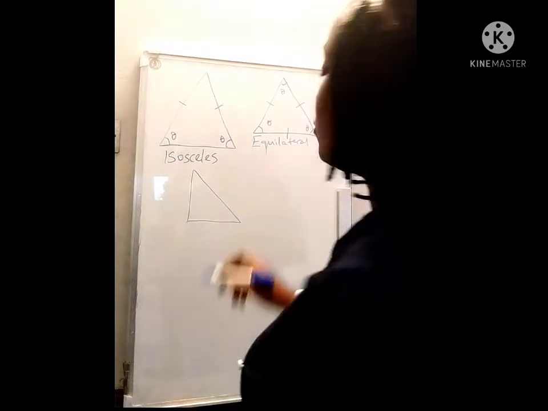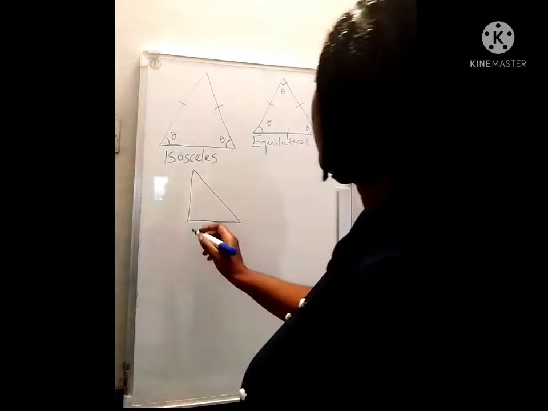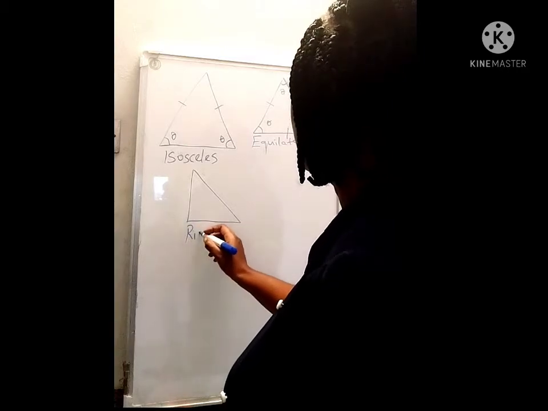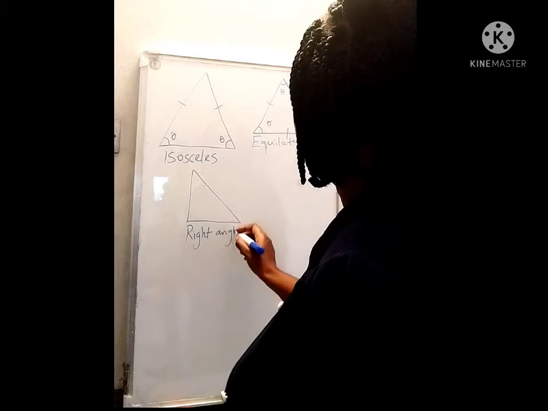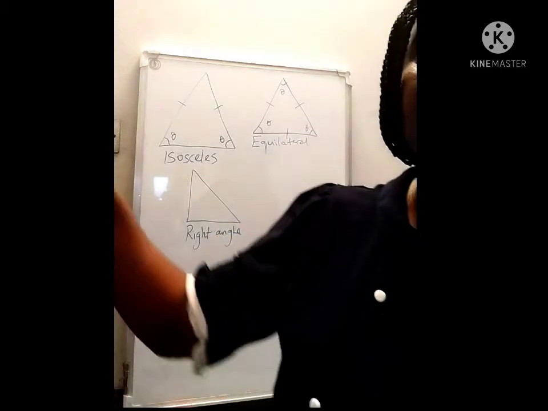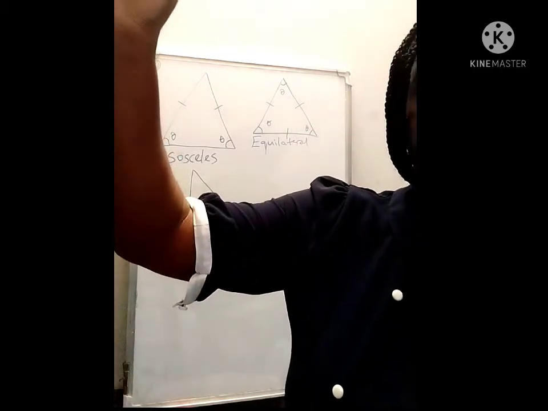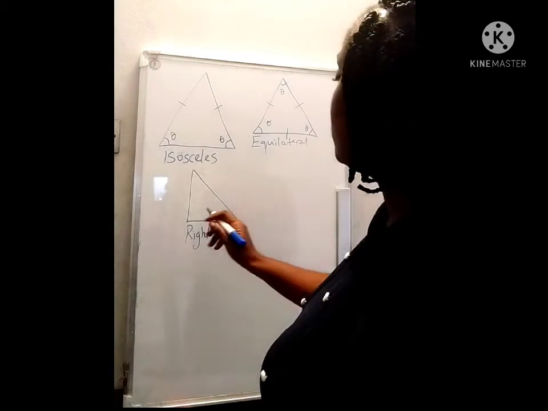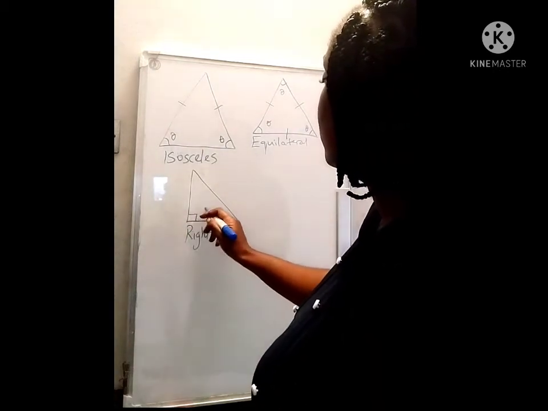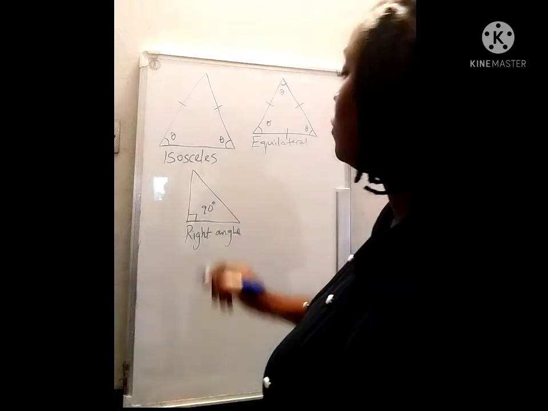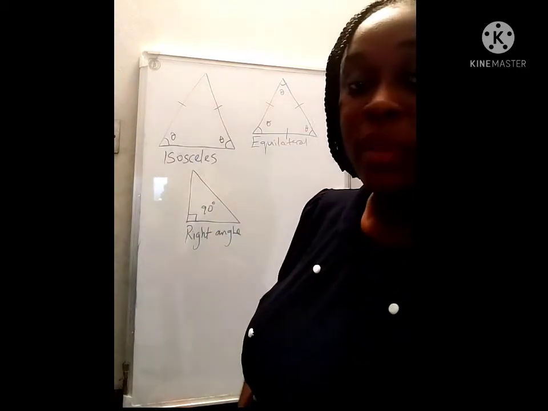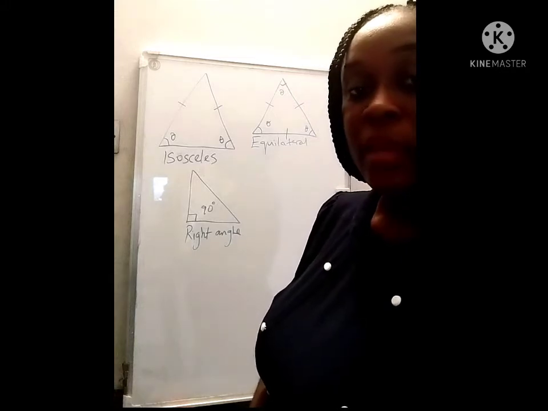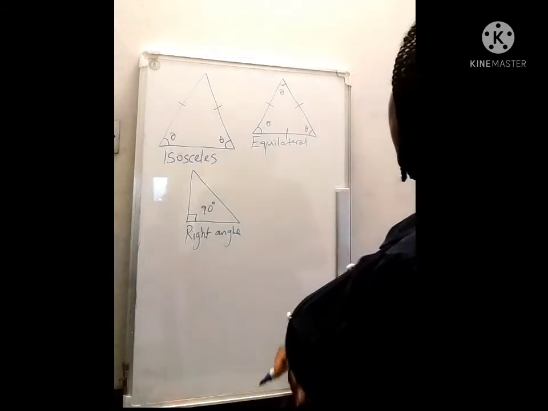A right angle triangle is a triangle which has a right angle. A right angle, right? Now this right angle is 90 degrees. So a right angle triangle is a triangle in which one of the angles is 90 degrees. And then we have